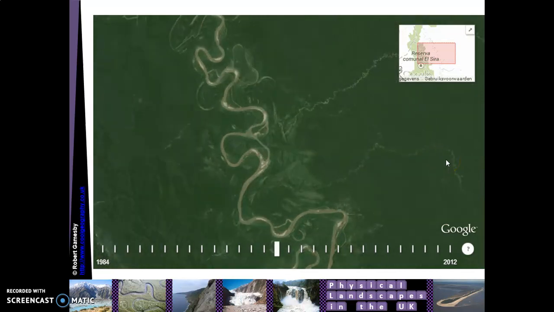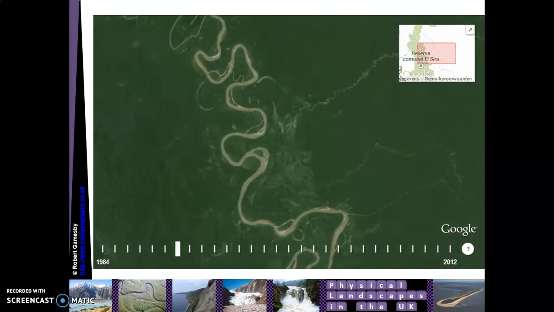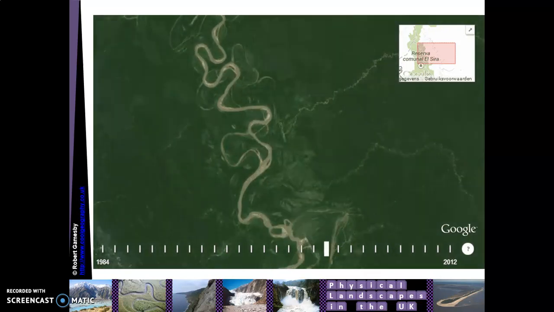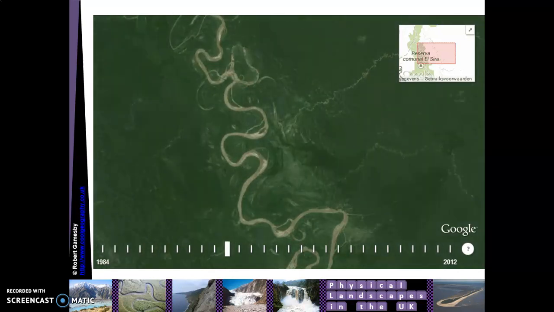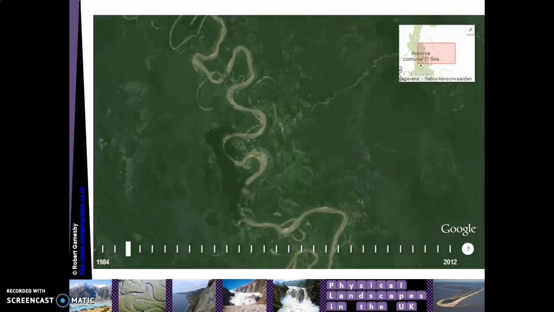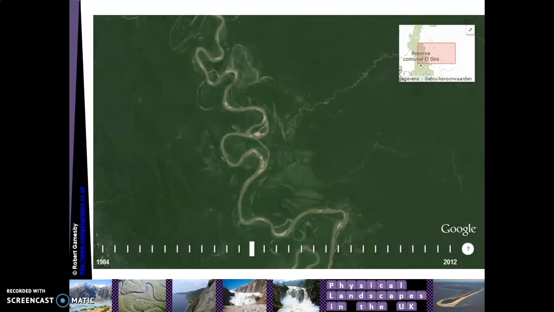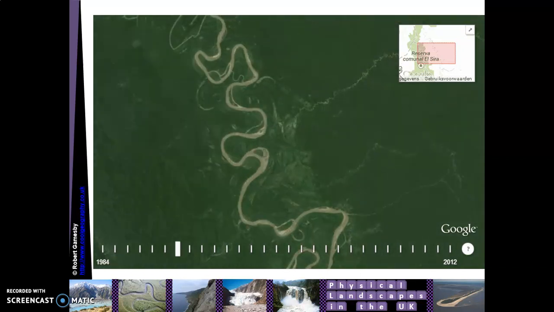We're going to be looking at meanders today, and on the screen you can see a beautiful time lapse of a river progressing over time. This is over about a 30-year period, from 1984 to 2012. And as you can see, the river is changing quite dramatically during that time, and the reason is those processes of erosion and deposition that we've been looking